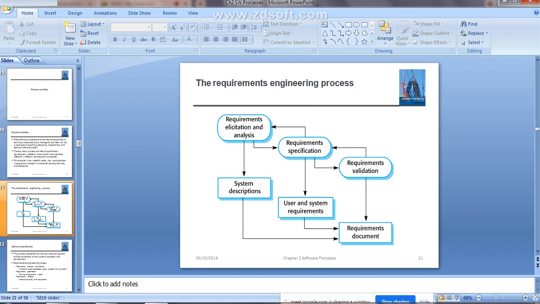First one is the feasibility study. By using a feasibility study activity, you are going to estimate whether the identified requirements or the user needs will be satisfied using the current software and hardware technologies.